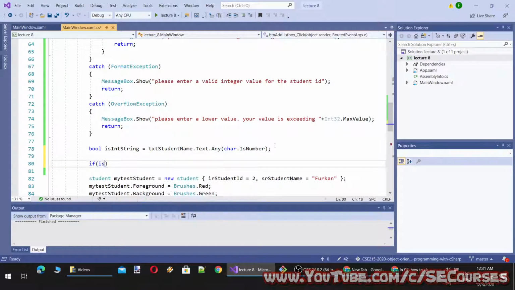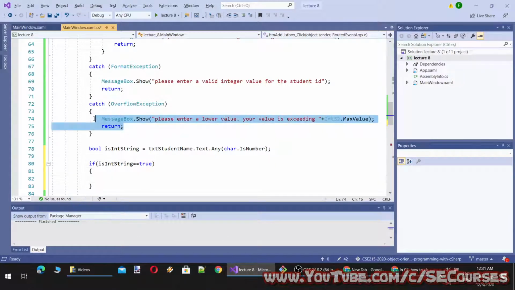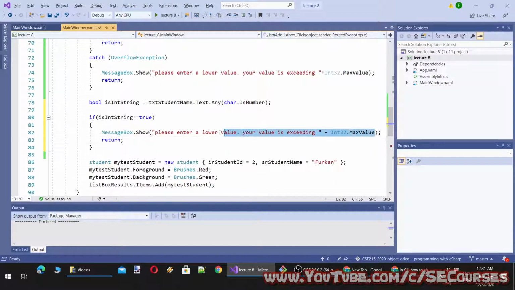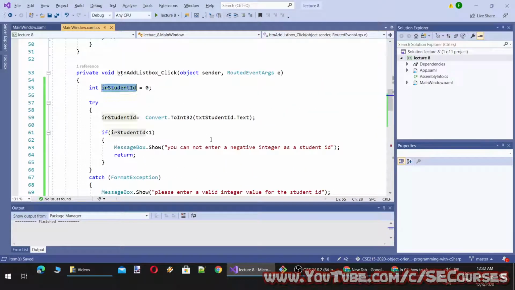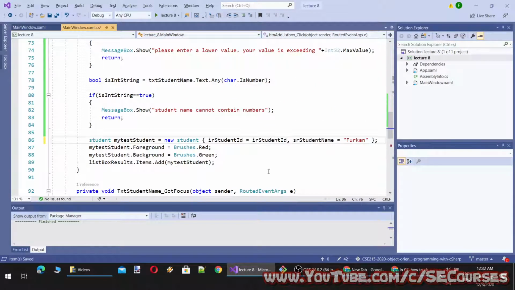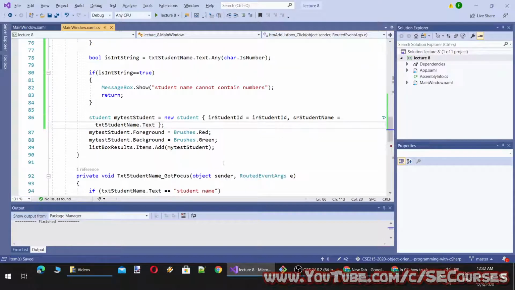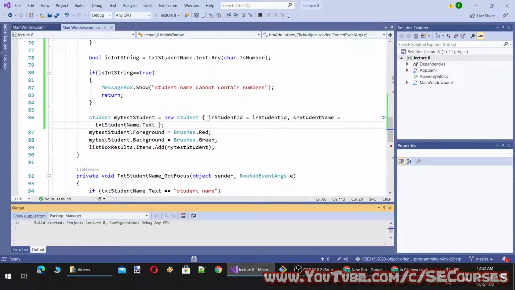And if isInString equal to true, okay, and since we have covered all the possible checks, I will assign the student ID like this and the student name like this. Okay, let's run the application.